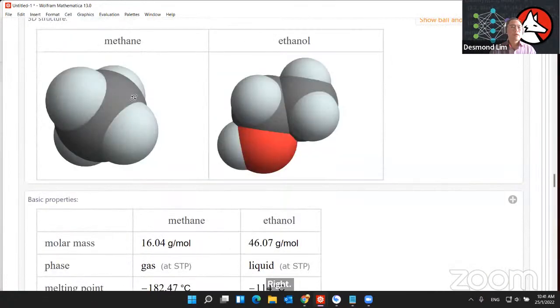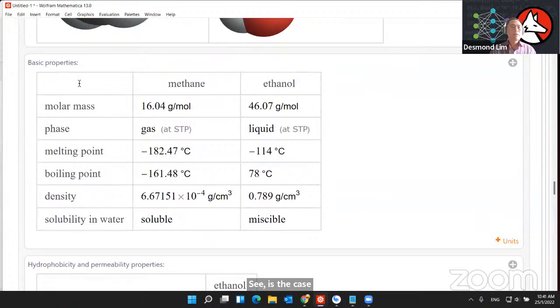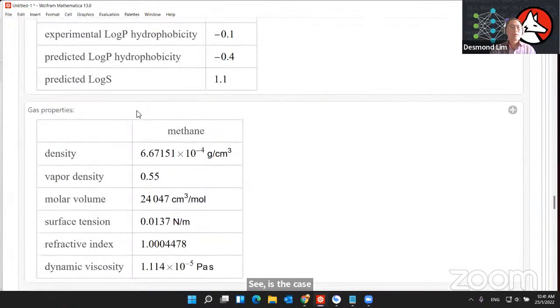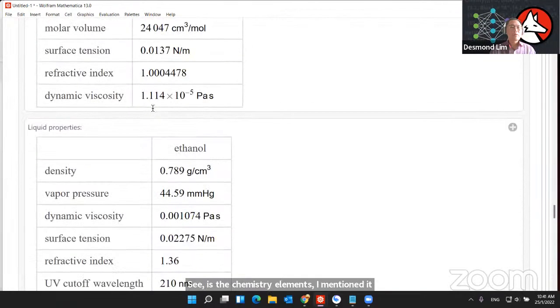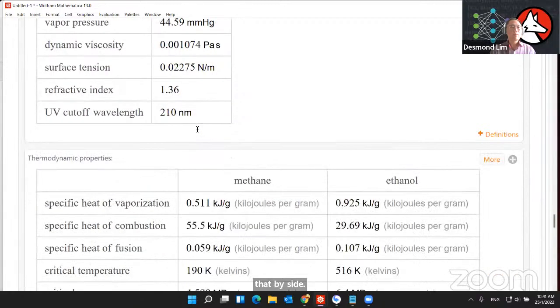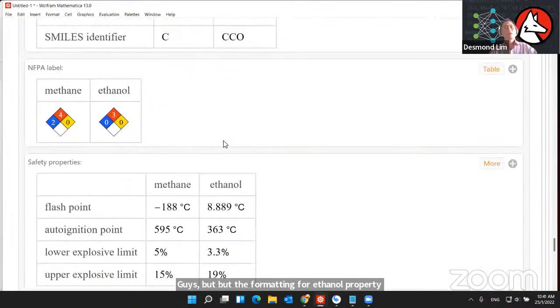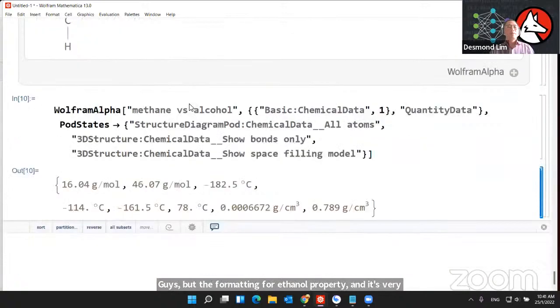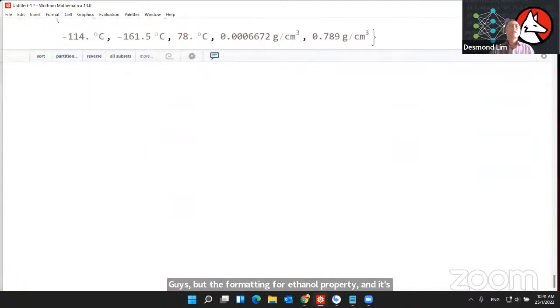See, this is the chemistry elements that I mentioned. It shows side by side gas property for methane, for ethanol, liquid property, and this is very handy. Okay, beside this generic computations with visual and statistic, I think one of the important features in